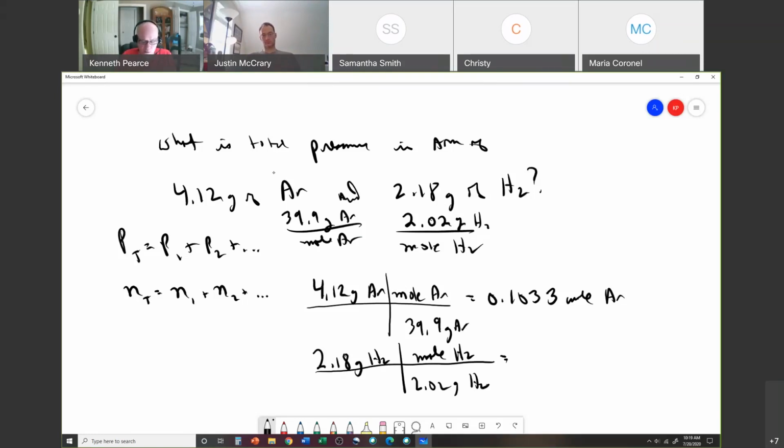And let's see, 2.18 divided by 2.02, and I get 1.079, and let's go out one more. Now what do we do? Just add them up. And so we do that. Let's say 0.1033 plus 1.0792, and I get